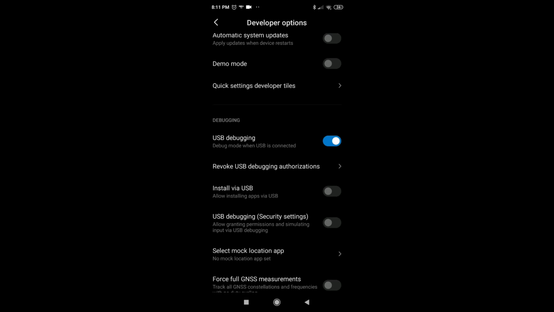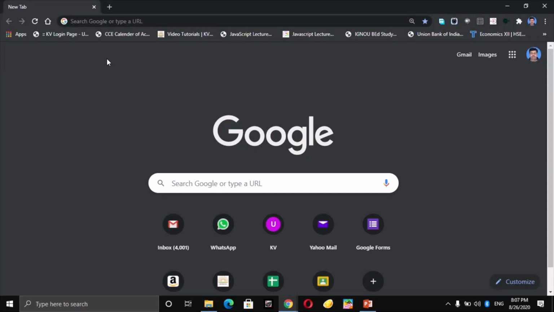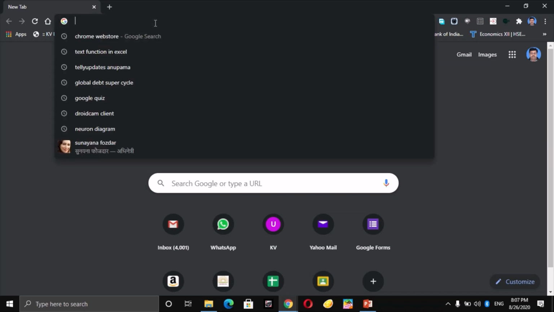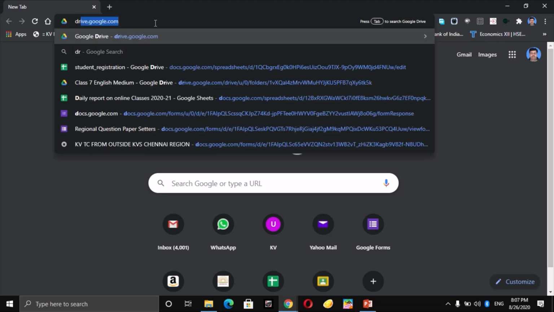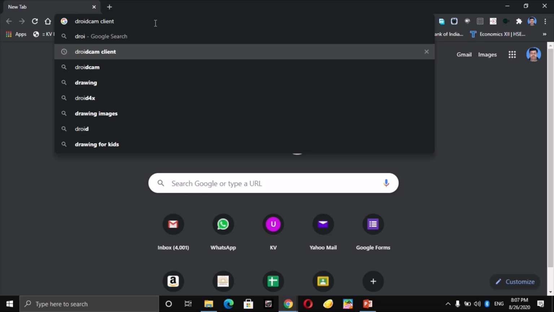Now again we are going to go to our system. So now I have opened a browser window on my desktop. Now in Google I will search for Droid Cam Client. Please note down the name. It is Droid Cam Client.